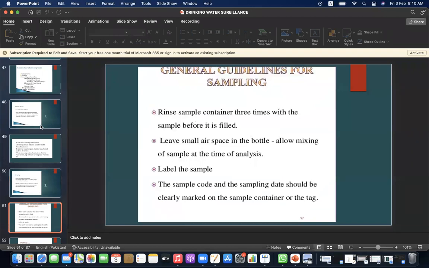General guidelines for sampling: rinse the sample container 3 times with the sample before it is filled. Leave a small air space in the bottle. Allow mixing of the sample at the time of analysis. Label the sample. The sample code and the sampling date should be clearly marked on the sample container or the